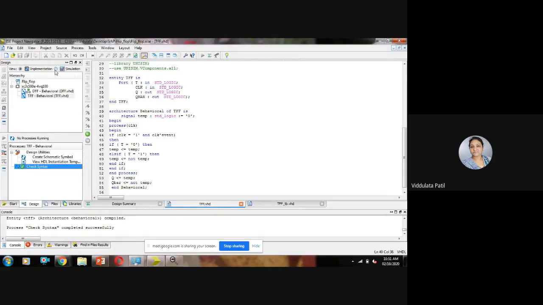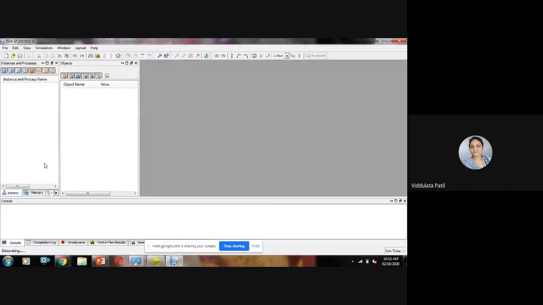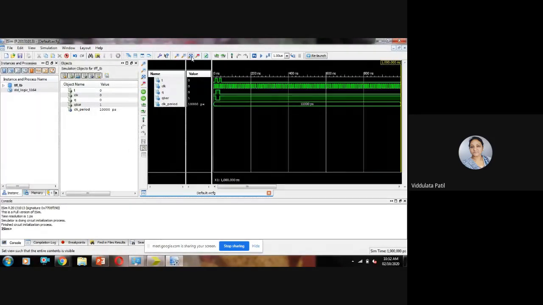So now let us simulate this test bench. And now you can see the change.